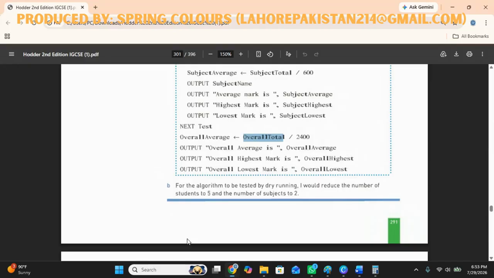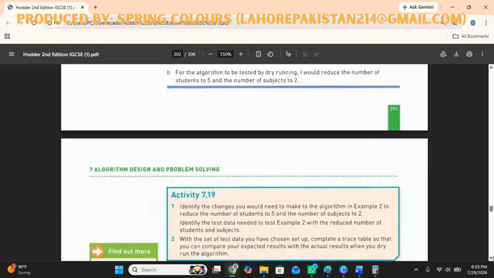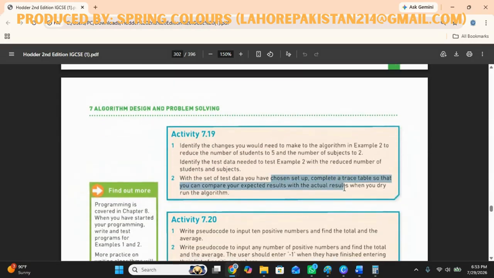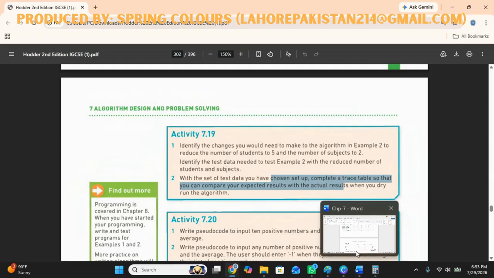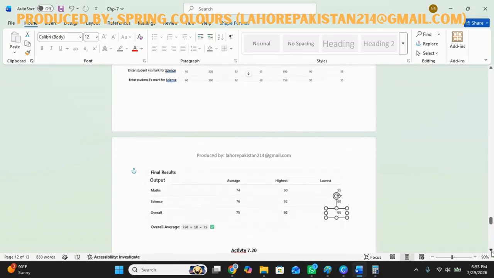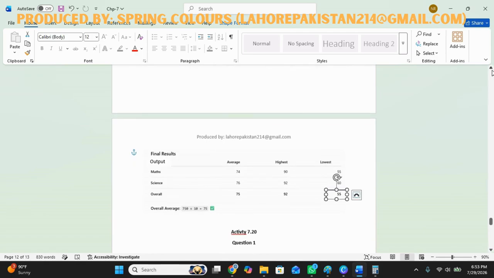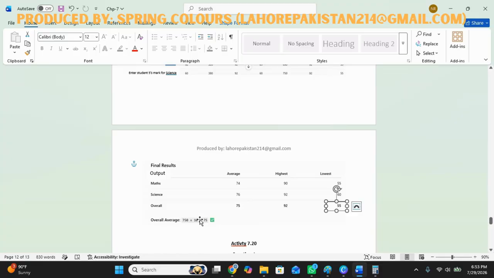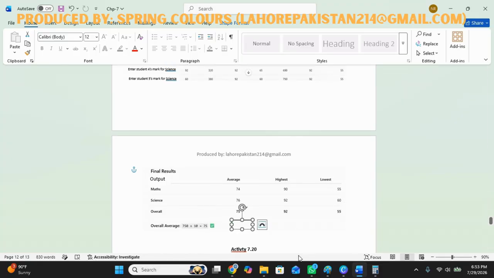Now, after calculating overall average, overall highest, overall lowest, he had asked you to make a trace table. I have explained the trace table to you also, and I have explained this and written it over here, that is how we have calculated the overall total. So this was activity